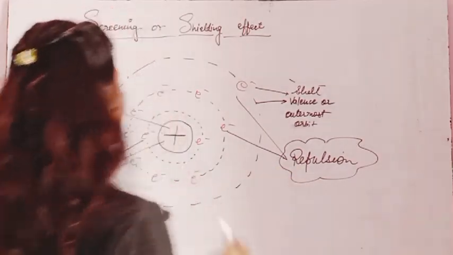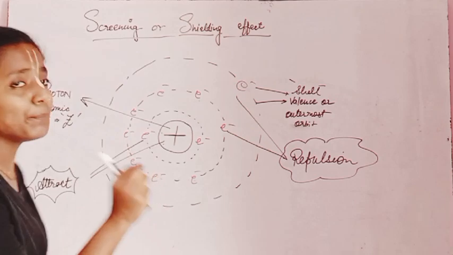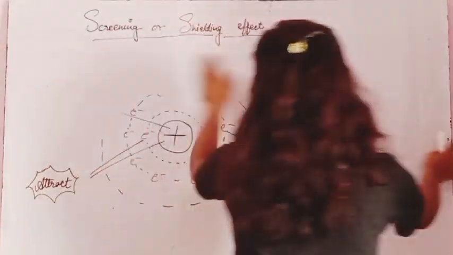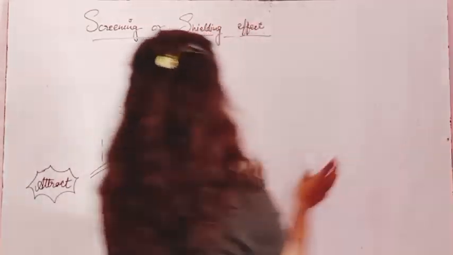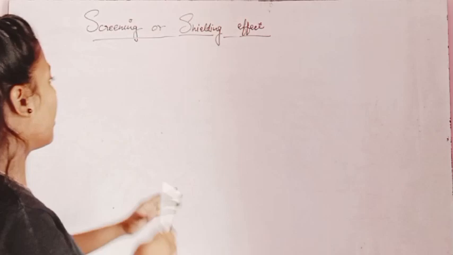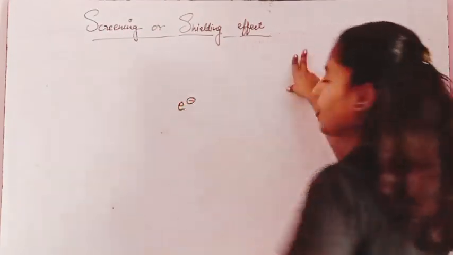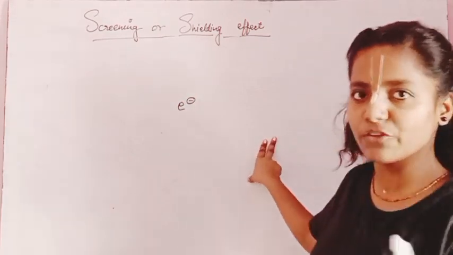Now everyone see, I'm going to erase this particular diagram. Keep this diagram in your mind and see what I wanted to say. Are you keeping it? That's good. Now let's see. If I ask you about that particular outermost shell electron, the electron which was outermost,